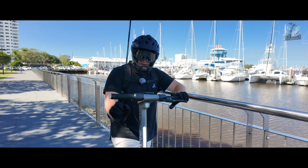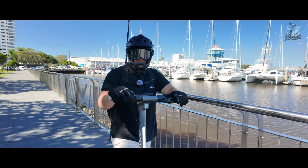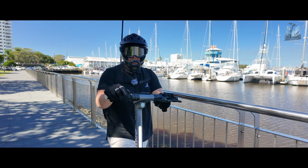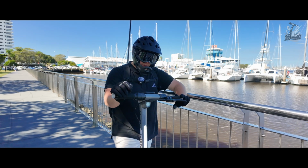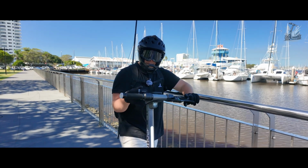So the battery is definitely getting juiced up using that regen instead of actually using this drum brake over and over again and wearing out the brakes, whereas here you can just use the regen braking and it works really well. The modes, I feel like I need to customize them myself with what speed goes in what mode,